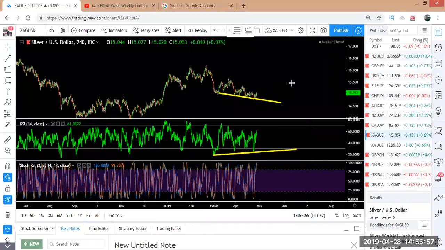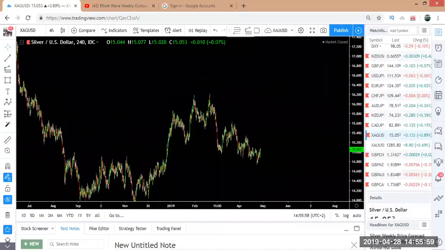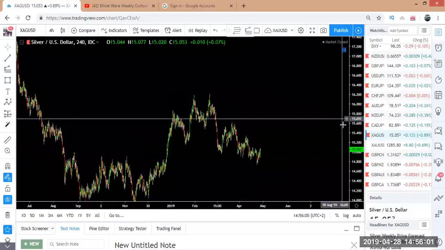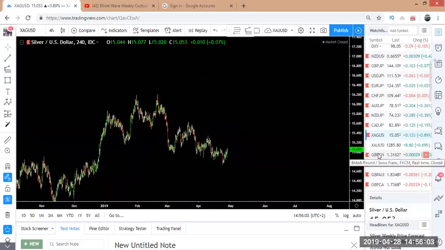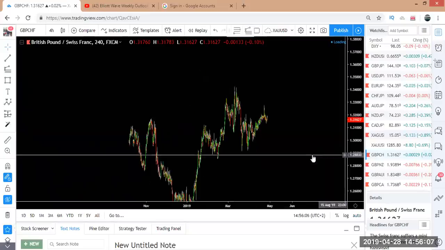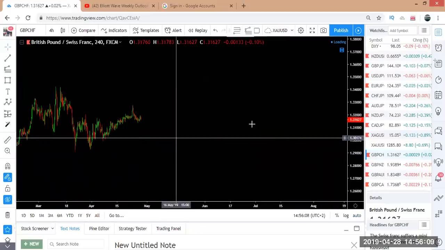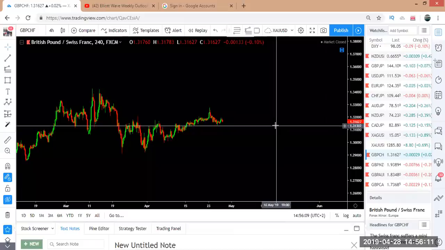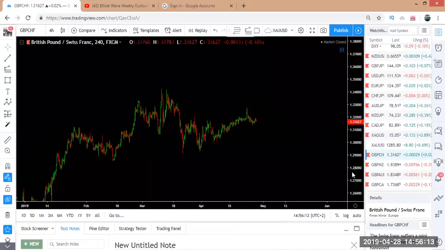That is silver and gold. Now let's look at the pound pairs. We already looked at pound US dollar, so we're going to look at pound Swiss. So pound Swiss, if you look on the 4-hour,